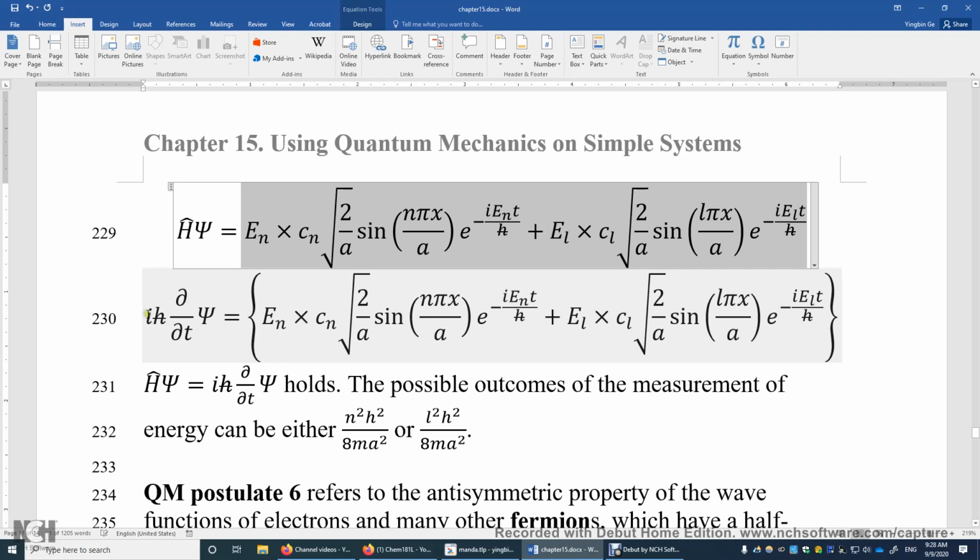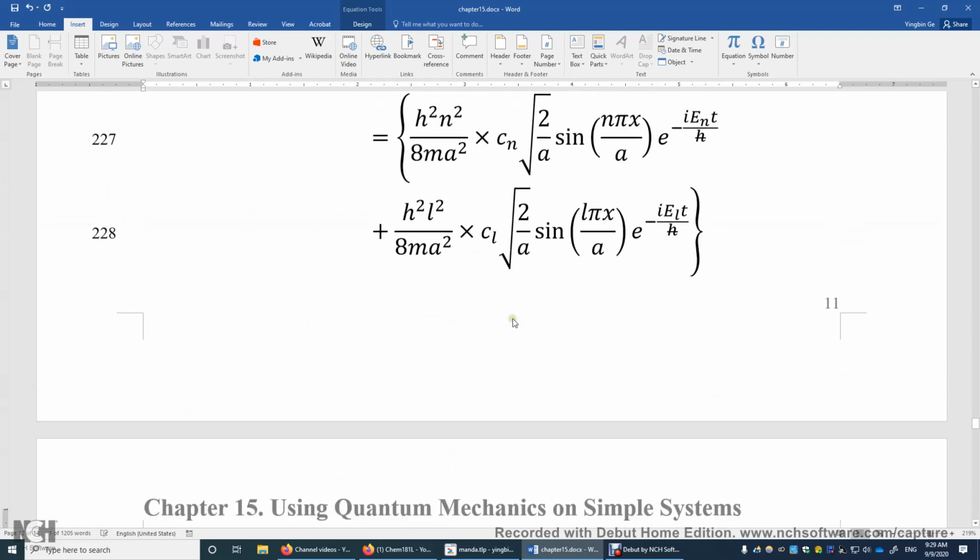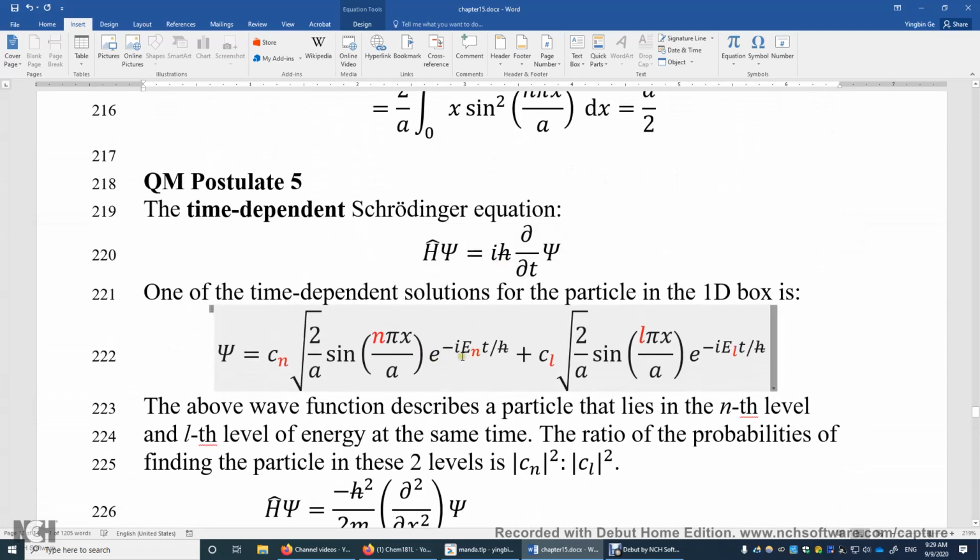Now let's apply this i h bar partial over partial t to psi, okay? And then the result is this. So basically we need to take the first derivative of psi with respect to time. That means the first derivative of this exponential function should be itself multiplied by negative i times E sub n over h bar. Okay? Negative i E sub n over h bar. Alright? So if you do that,